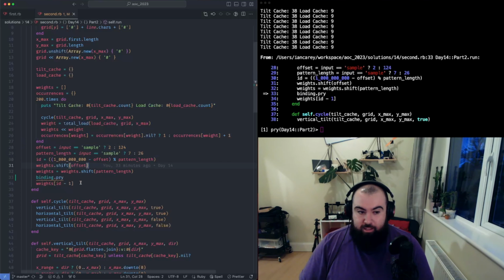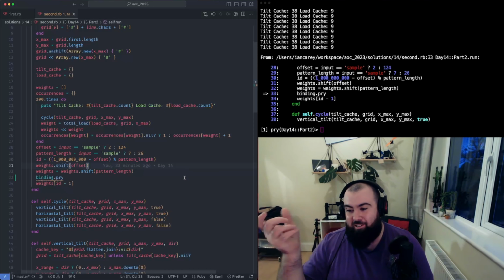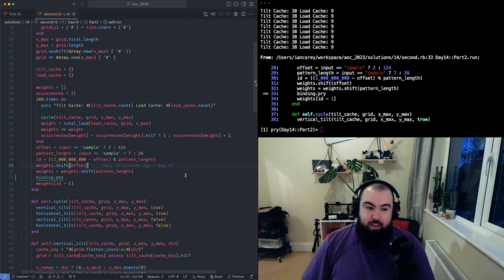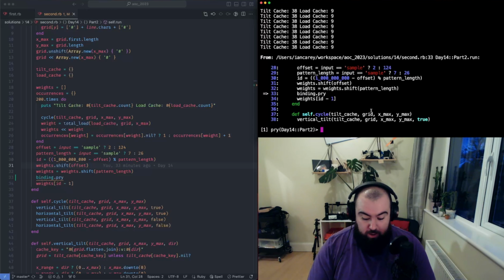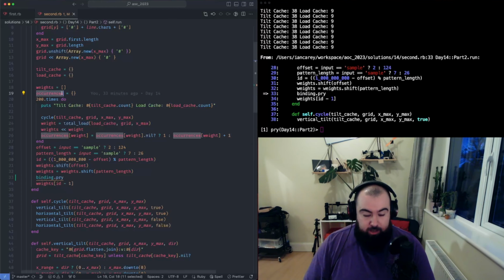Then this little bit of calculating down here using modulus and stuff will give me the remainder of what's left, and then I can use that in here to figure out what it should be. So let's have a look at what we have here. If we look at my occurrences hash that I have,